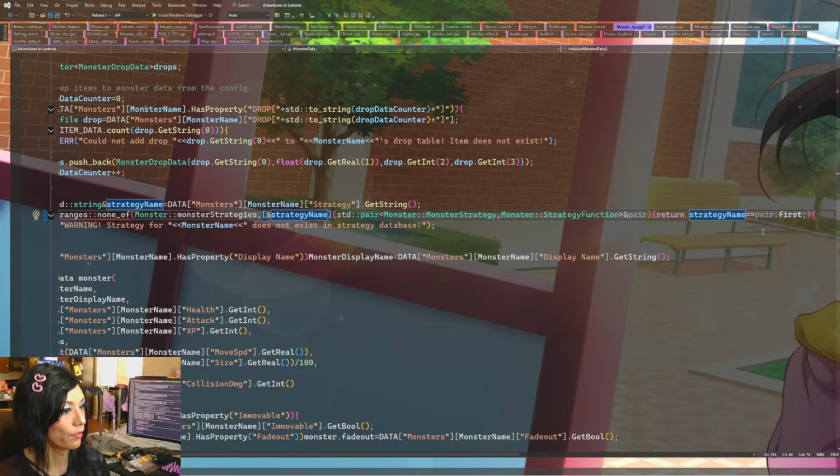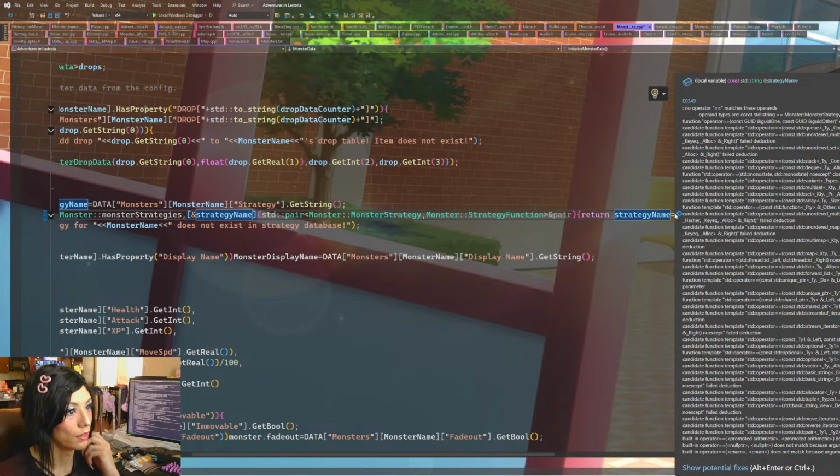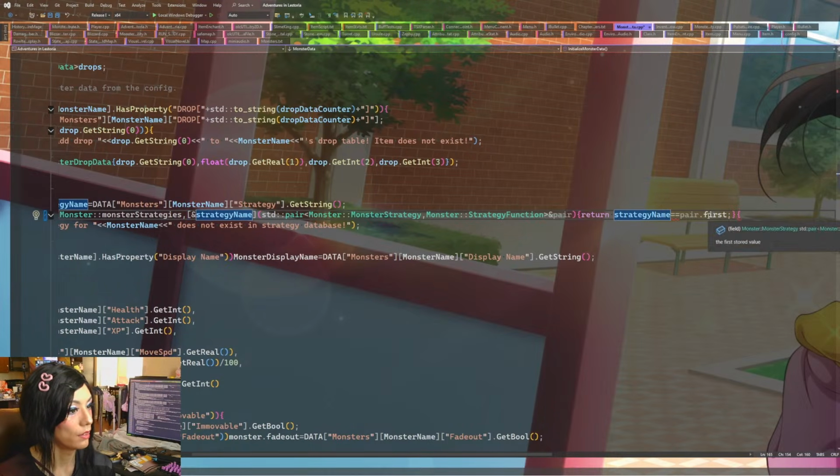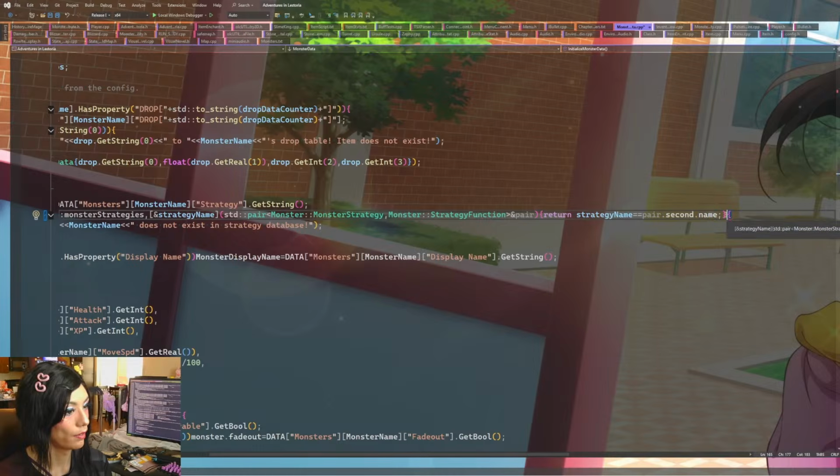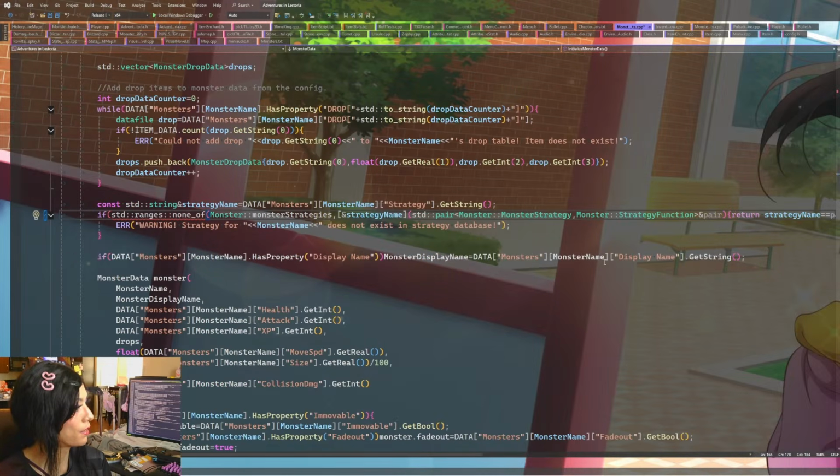Okay. What is this? Oh, wait. Pair dot first should be the monster strategy. No, so we need pair dot second dot first. I think. Pair dot second dot name. Okay. Close that out.